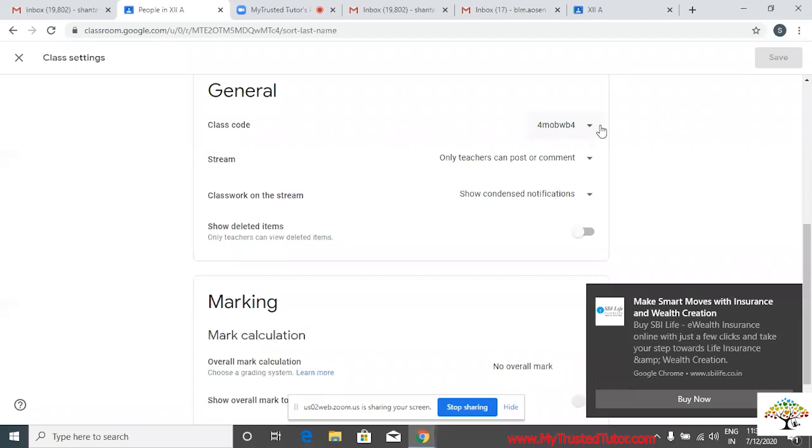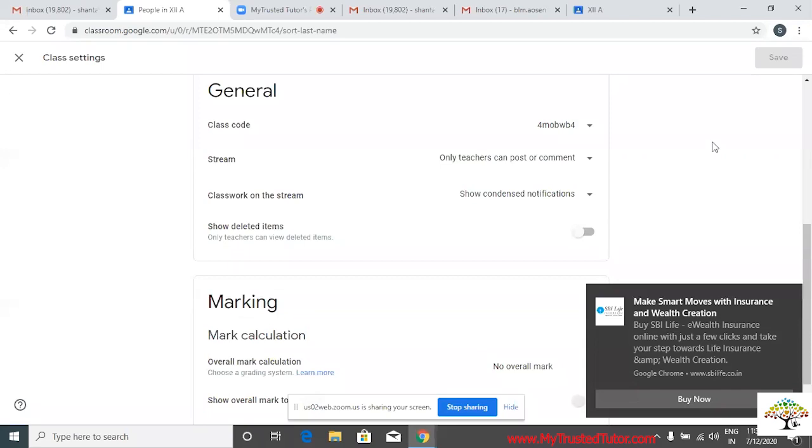See, suppose you have shared a class code with some students. Once you have sent the class code to the students and they have used it, from the very next time that code will be disabled. So the next person who enters the class with the same code will not be able to see those things. But some of my students can play mischief and share their codes with their friends. That part cannot be stopped by using any app.